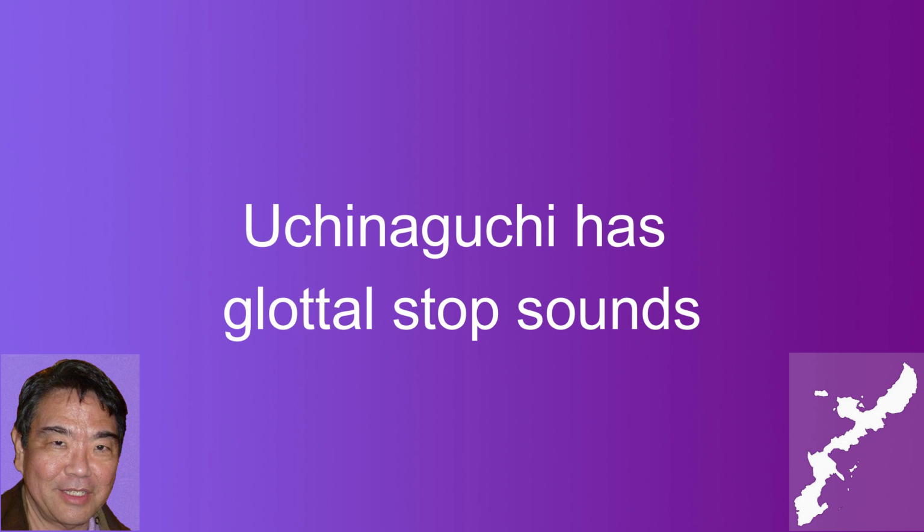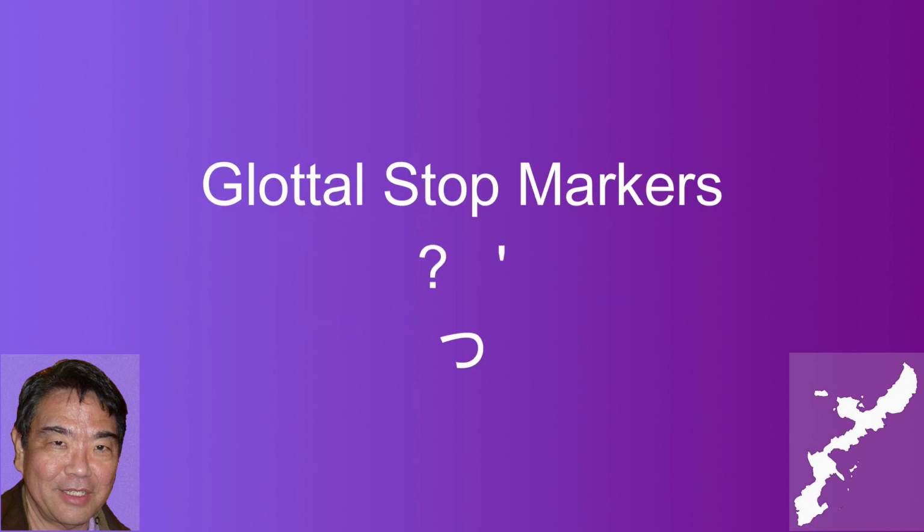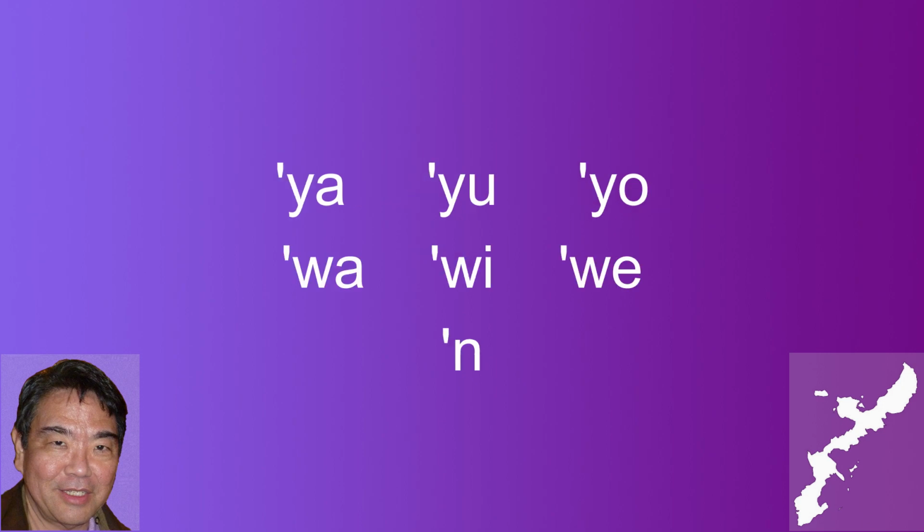Another difference between Uchinaguchi and Japanese is that Uchinaguchi has glottal stops or glottal catch sounds. I won't pretend I can pronounce the glottal sounds, but I will attempt to. Just pretend that I'm doing it correctly. In text, you'll see the glottal sound written as a question mark or apostrophe mark. In hiragana, you will see a small tsu for the glottal sound. In Uchinaguchi, the 7 glottal sounds are ya, you, yo, wa, we, we,